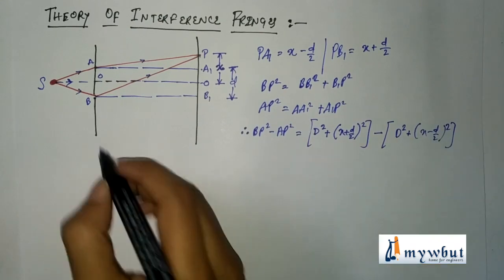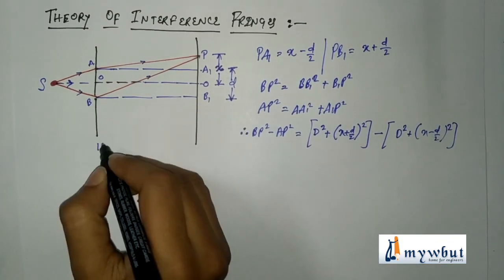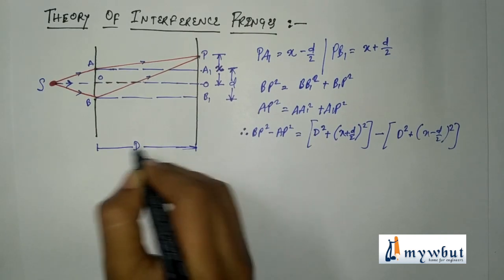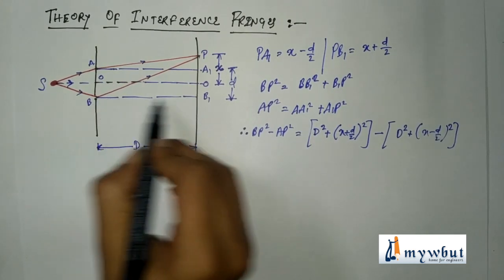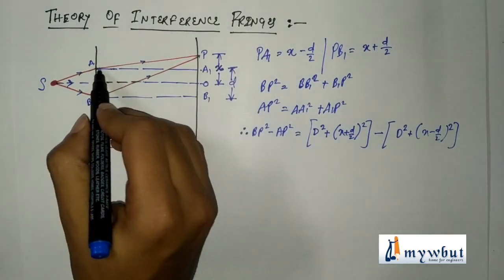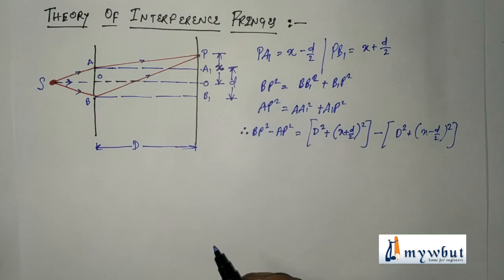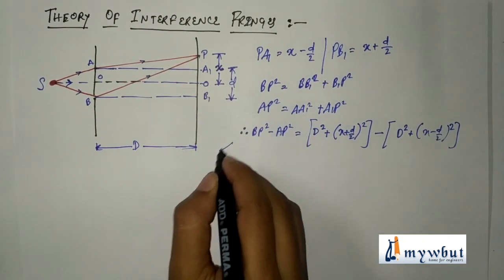So what is this capital D? Capital D is the distance from the slits to the screen. So BB1 is equal to capital D and AA1 is equal to capital D. So we can write this equation. So continuing this equation here,